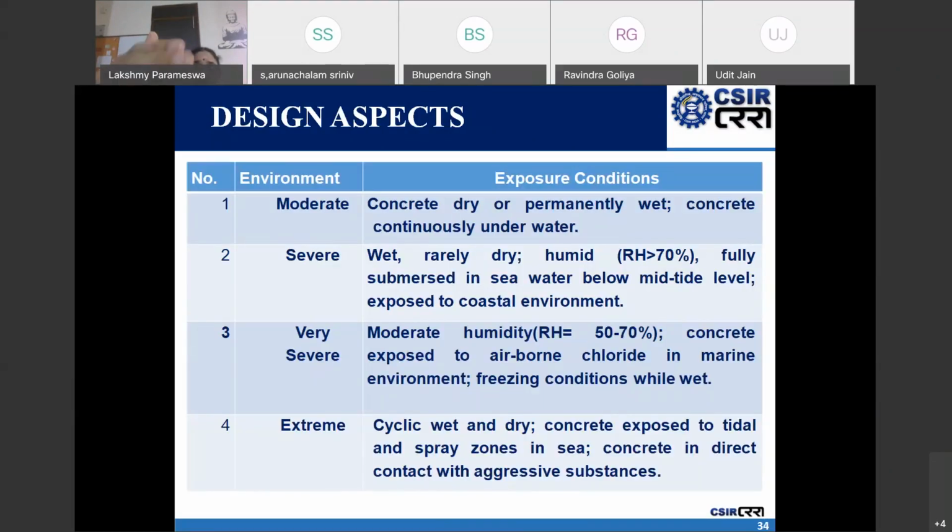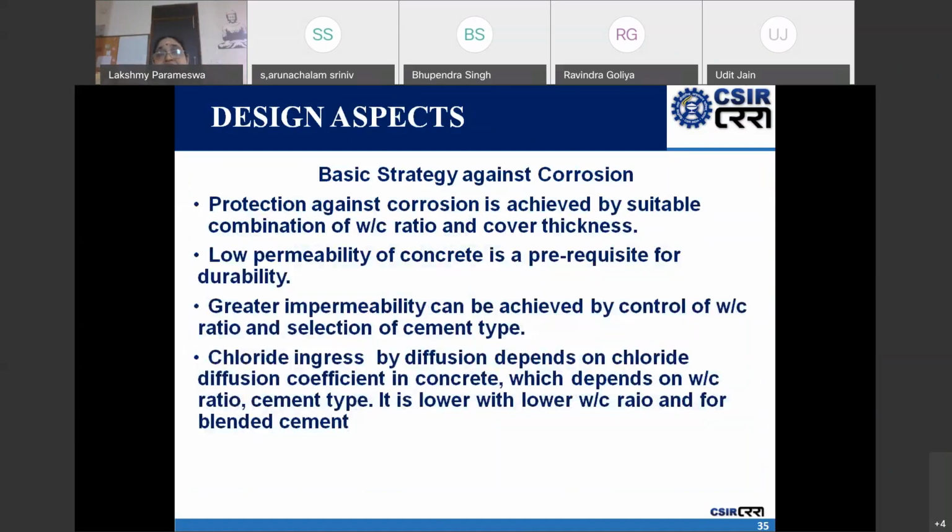So there are 4 exposure conditions given, and to help the designer, the humidity chart is also given. So one can select the exposure condition, and the basic strategy against corrosion is that protection against corrosion is achieved by suitable water cement ratio and cover thickness. There is nothing substituting for that. So the good quality concrete you have to ensure at site, that is the low permeability concrete,